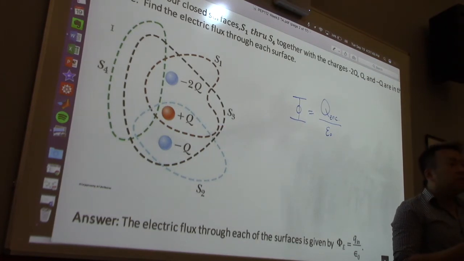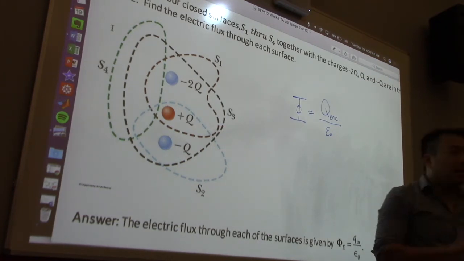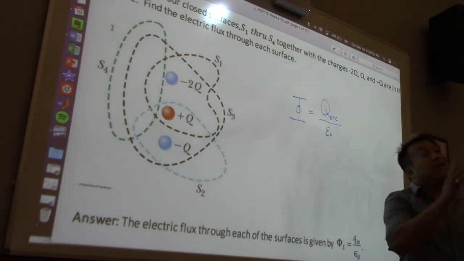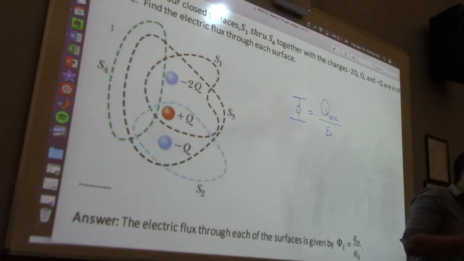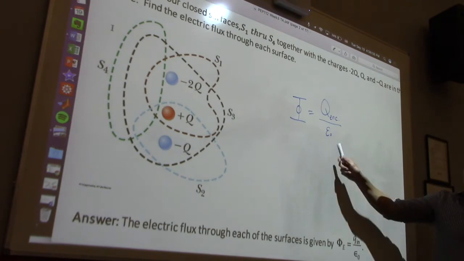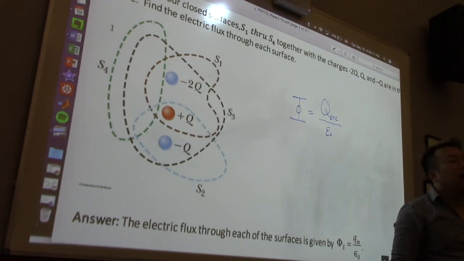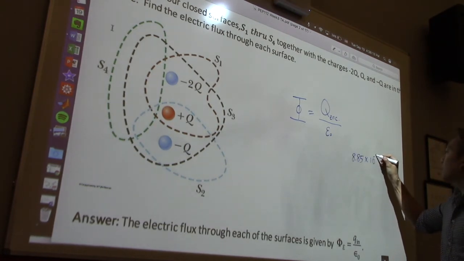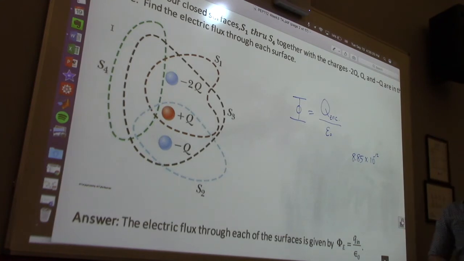So the permittivity of free space, in a hand-waving explanation real quick, is how much free space resists the electric fields from permeating. But for the purposes of this class, you can just think of this as a constant, and it's 8.85 times 10 to the minus 12. 8.85 times 10 to the minus 12. And the units are going to be,